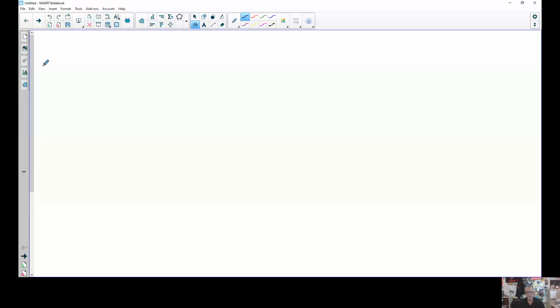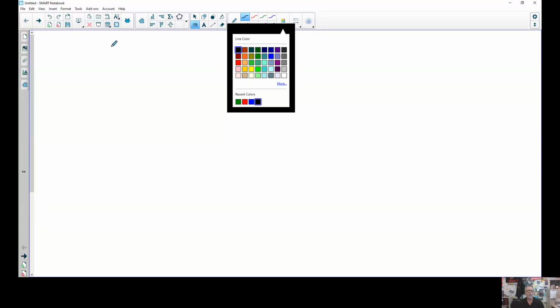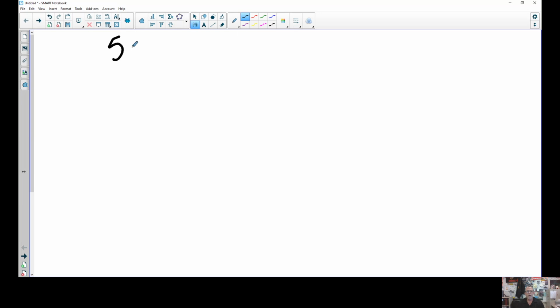We're going to start with 5-1. So let's get right to work. Let's go here. All right, so we have 5-1. And this is angles in degree measure. So